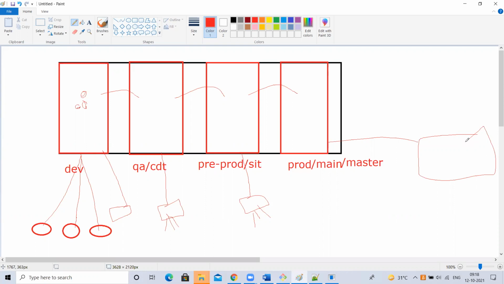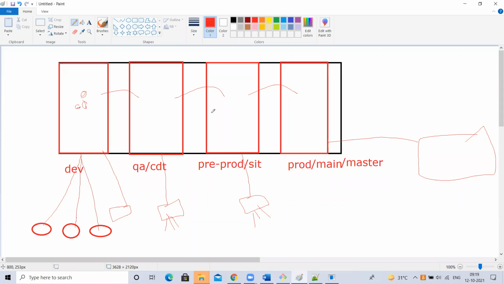This is one of the important questions: explain your branching strategies in your organization. There are so many branching strategies, like user-wise. Every user will create their own branch, and finally they'll merge with the development branch. Like that, there are different ones based on stories. If you are following agile methodology, it is based on stories. Don't get confused with all these things. Keep them aside, but for now you blindly follow the 4 branching strategy.